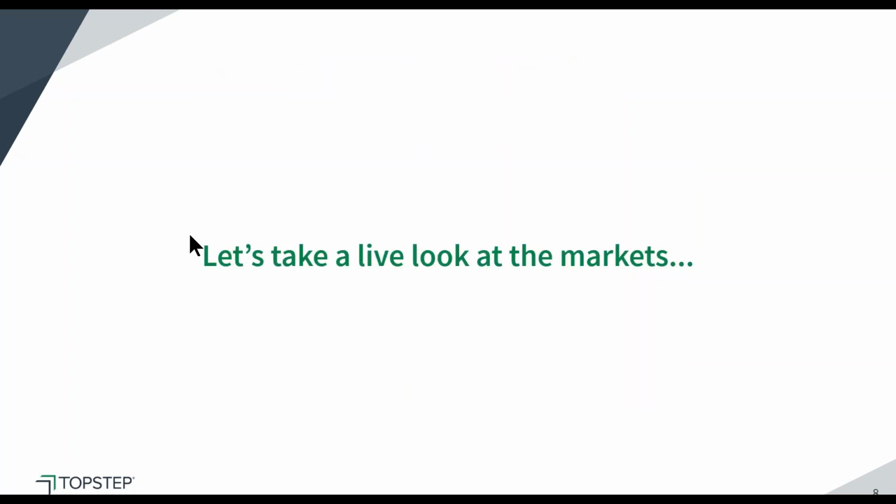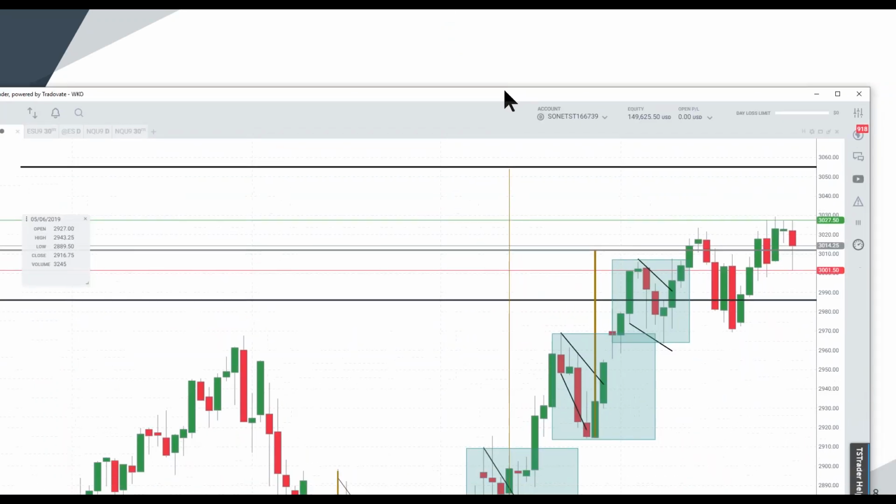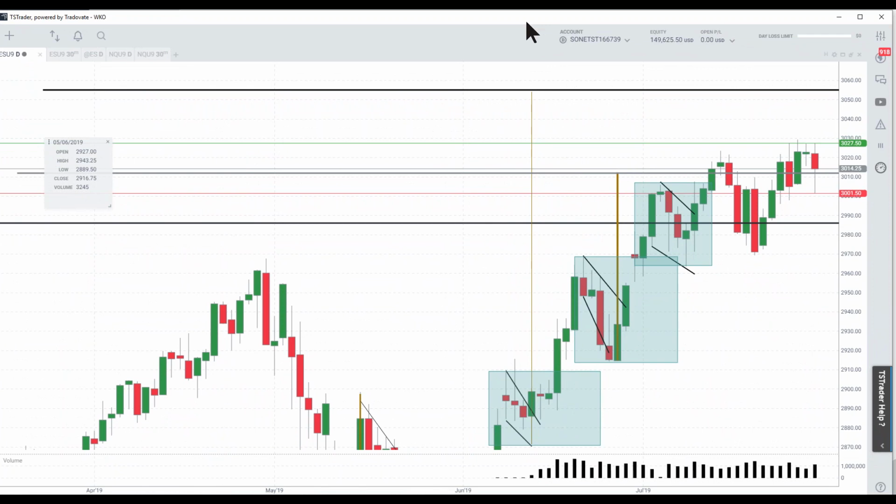All right. So without further ado, I'm going to take a look at some of the live markets here. Now, I've got a couple of examples of how these weekly kickoff levels have helped day traders. These are longer term levels, but how they've helped day traders recognize decent, good opportunities and important levels for them to trade.